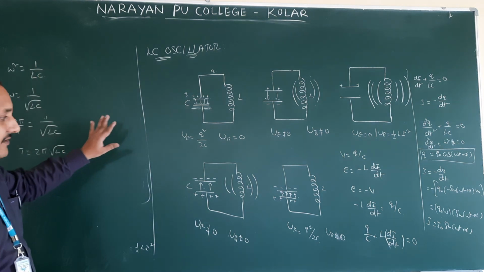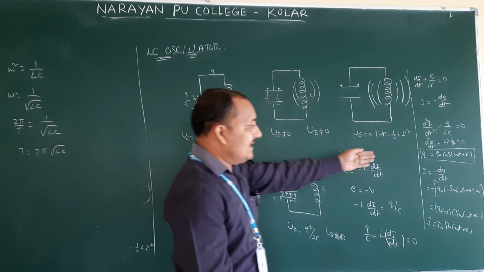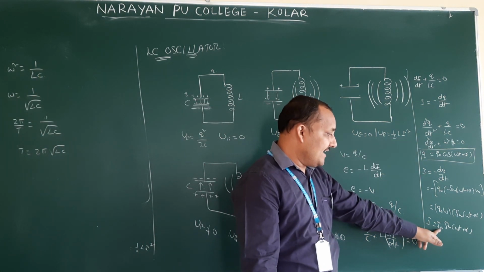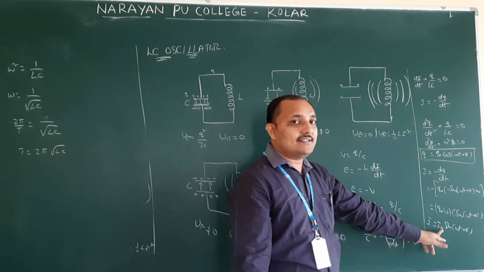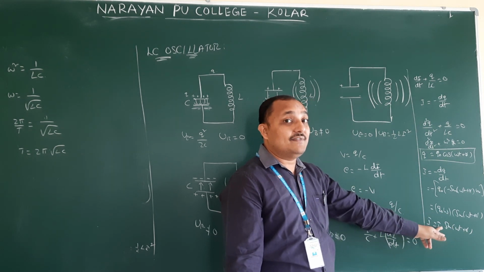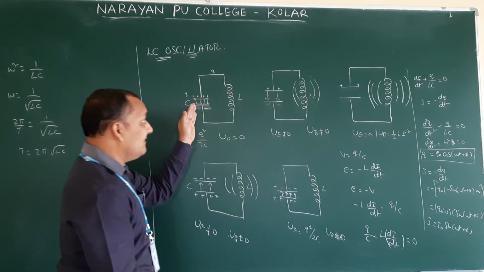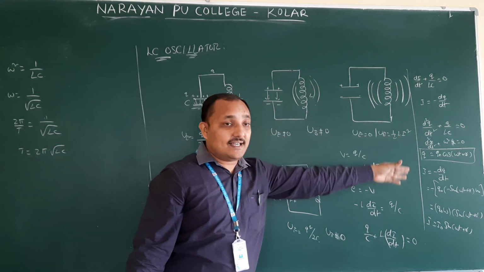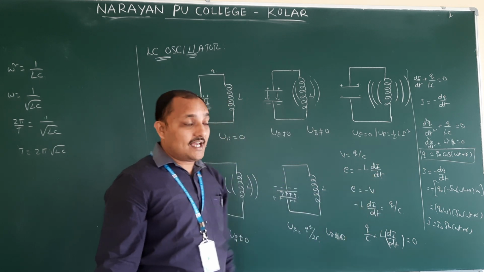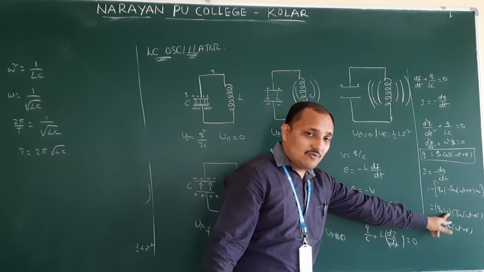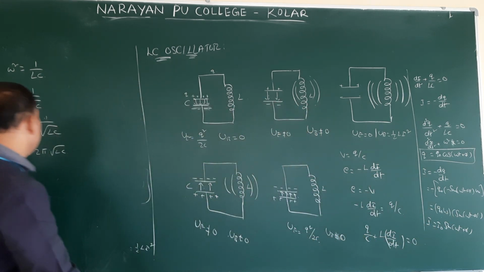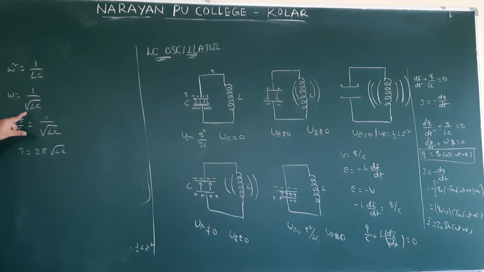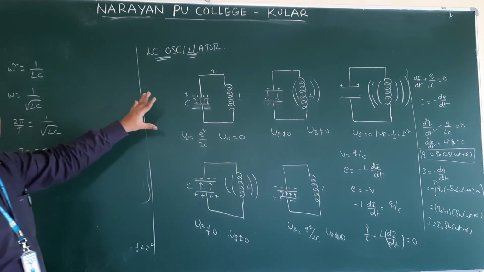This is not required for you. Just I wrote it by comparing this equation. This is the solution. I naught is equal to Q naught omega. This is the maximum or peak value of the current while oscillating. The peak value of current, I naught, we can calculate if we substitute Q naught and omega. What is omega? This one, 1 by root LC. L value is inductance, C value is capacitance. This is about the LC oscillator.